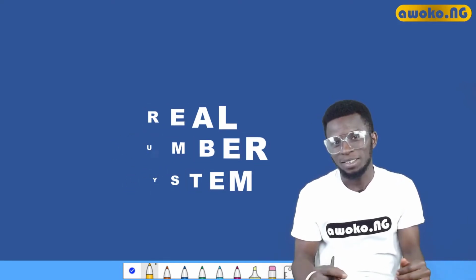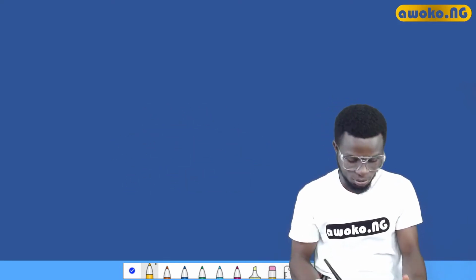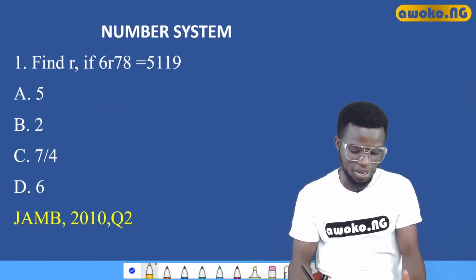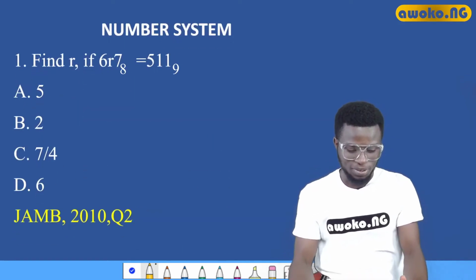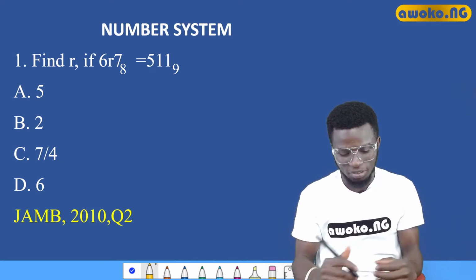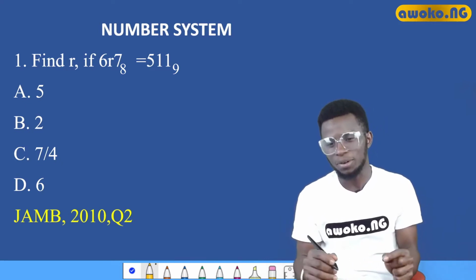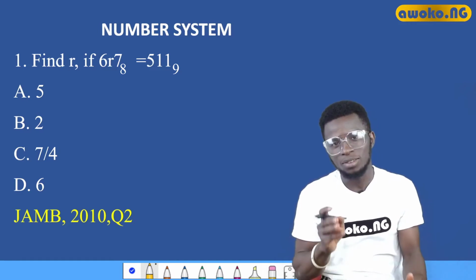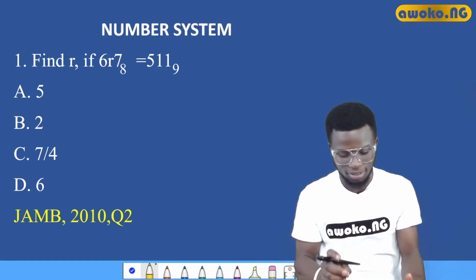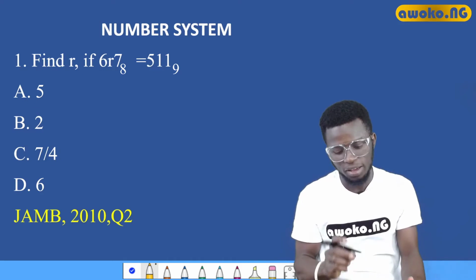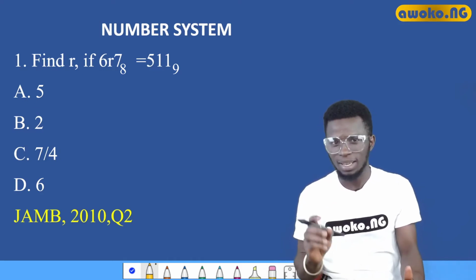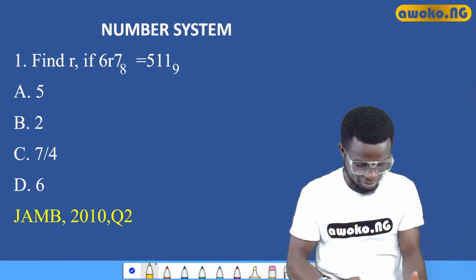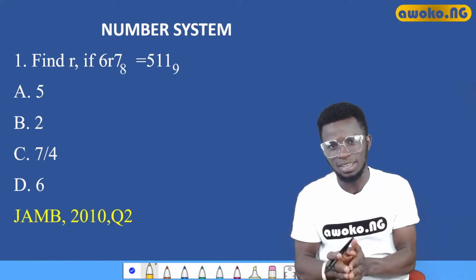Okay, the first question we're going to start with is over here. We're asked to find the value of R if 6R7 to base 8 is equal to 511 to base 9. This is as easy as possible,